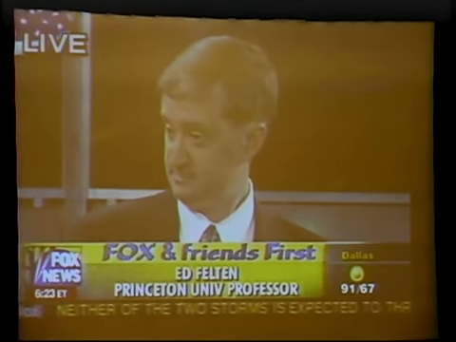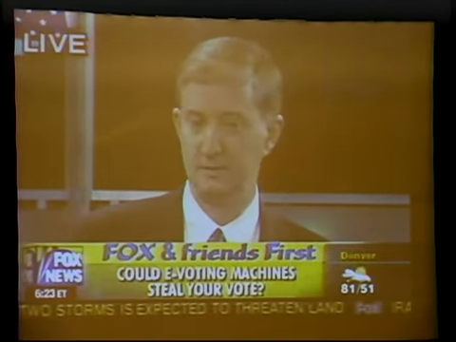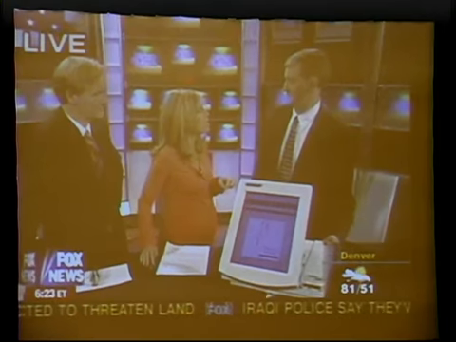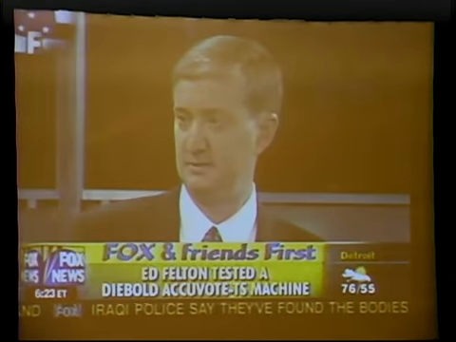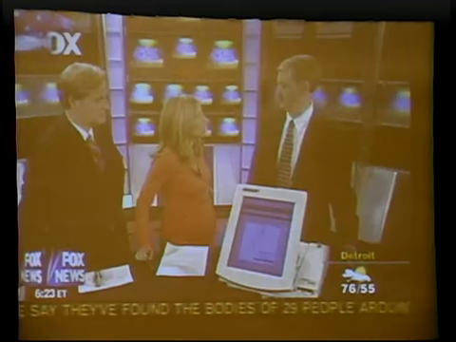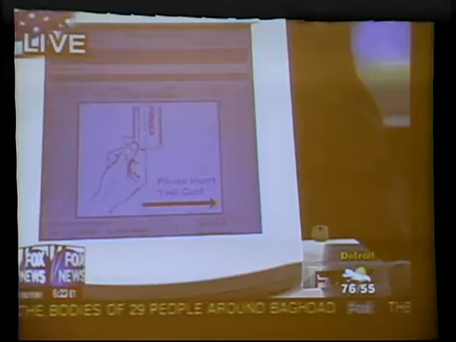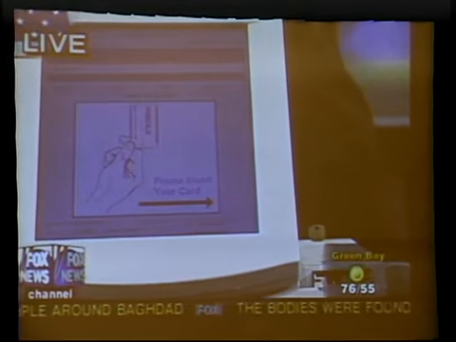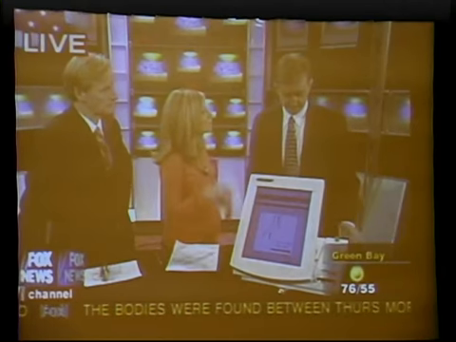But how technologically savvy do you have to be as a hacker to do this? I mean, you have to be able to write computer programs, yep. Which a lot of people can do. Sure. You need to be able to open up this door on the side, which anybody can do, and that's about it. All right, let's see how it works. You want to show me what happens if I'm voting, how it goes wrong, you say?